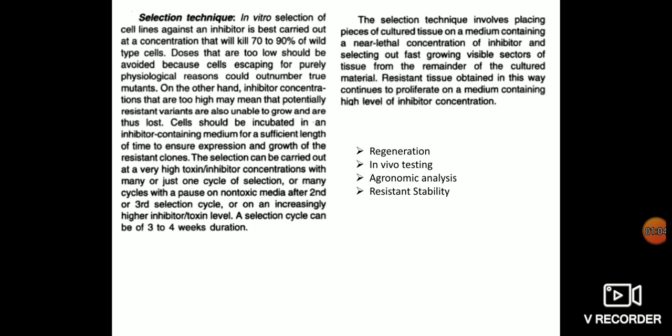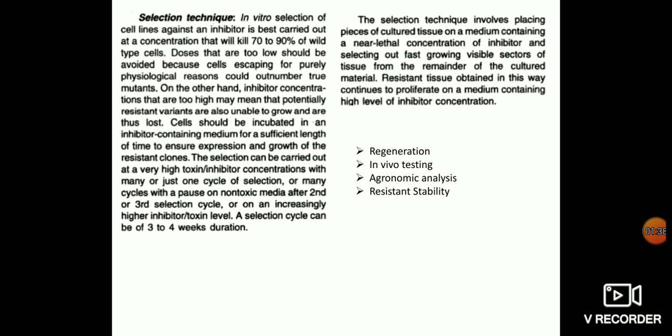And after that, what we mentioned is regeneration. What is regeneration? We need to grow the cells, and we need to confirm whether the cell is growing or not. The next step in the procedure is to regenerate the plant from the cultured material. In many instances, the capability of the tissue to regenerate the plant is lost over a long period of continuous subculture. Sometimes it cannot grow because prolonged subculture leads to the cells dying.